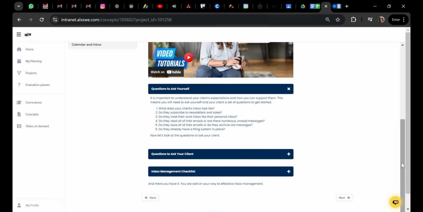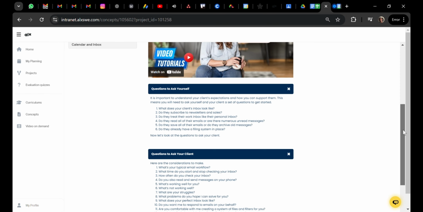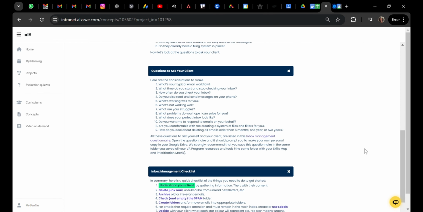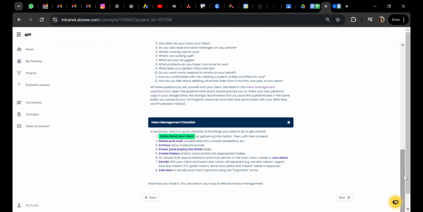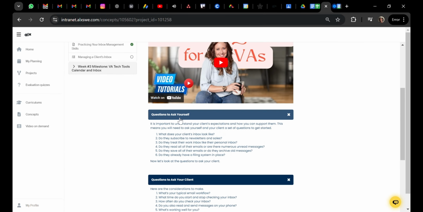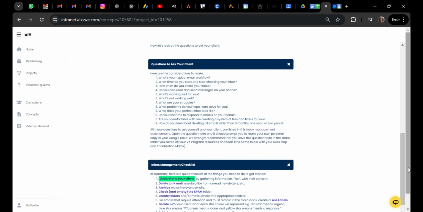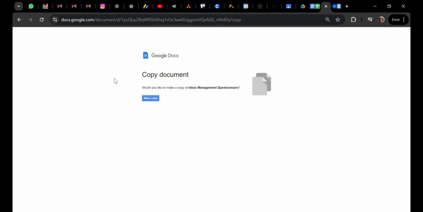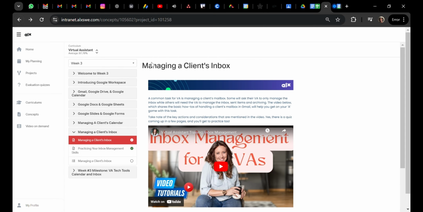They have something similar to what we had before. So next you're going to manage a client's calendar. There are questions there explained, and there's just a checklist of what you would look into if you are managing the client's inbox. The course is detailed similar to what we had with managing the client's calendar. So you're going to again create a checklist specifically for managing client inbox. Make sure you make a copy and save it to your drive.